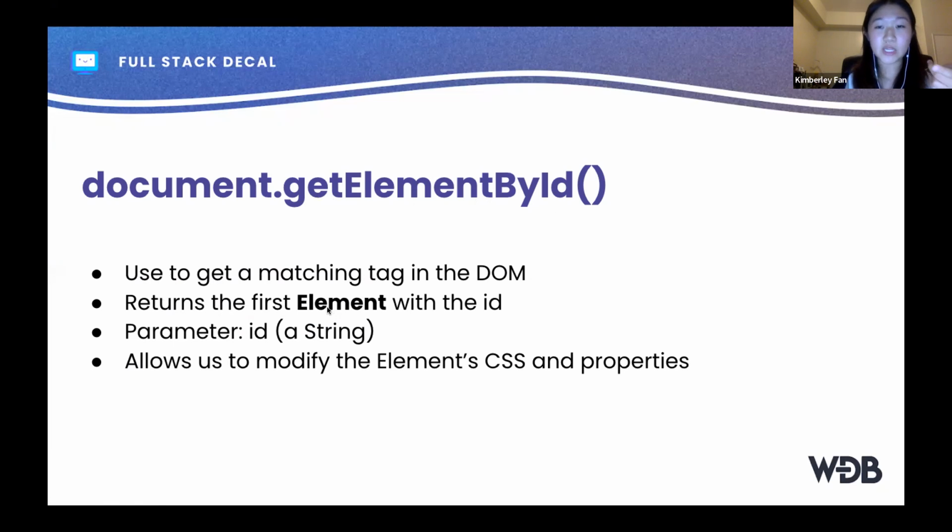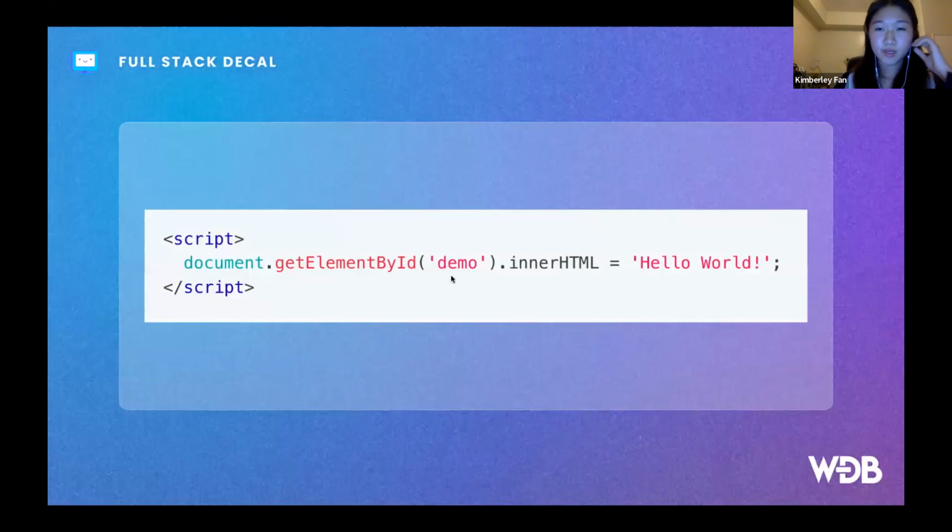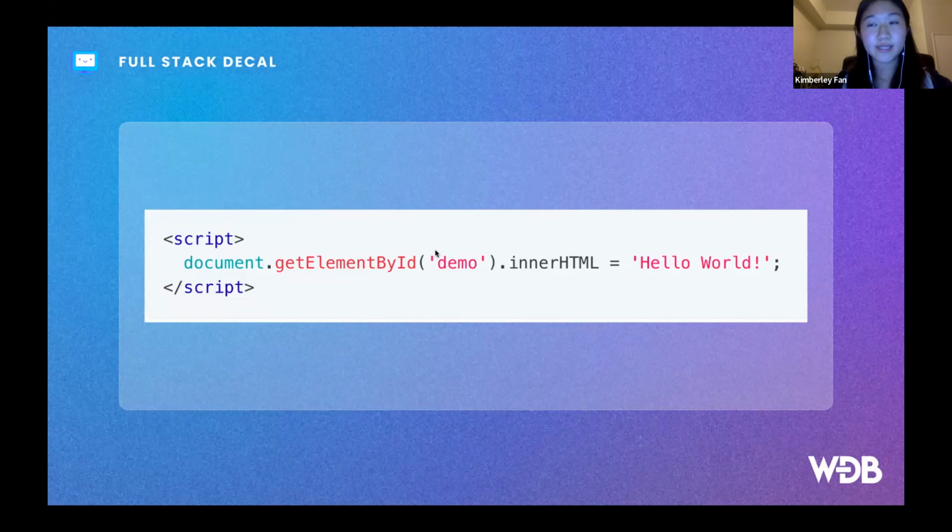It returns the first element as well. It takes in an ID and only an ID, and it allows us to modify the element's CSS and properties, just like last time. As another example, here it's document.getElementById, and this ID's name is demo. And then .innerHTML